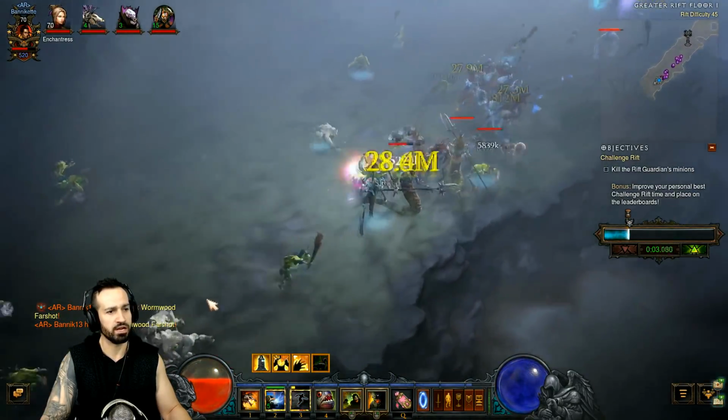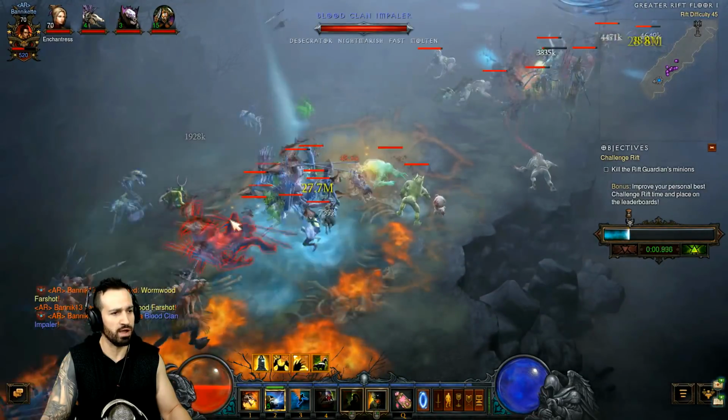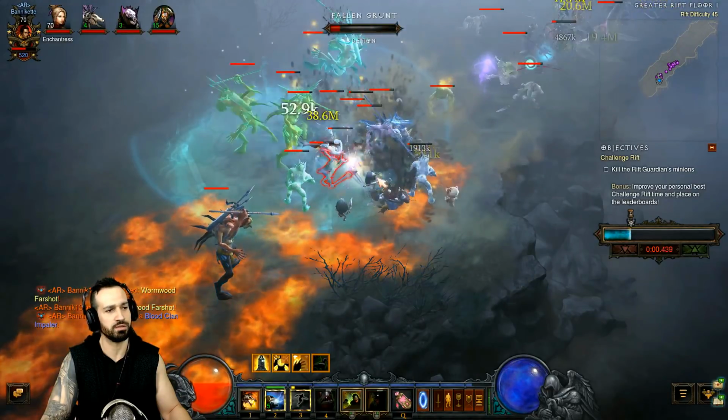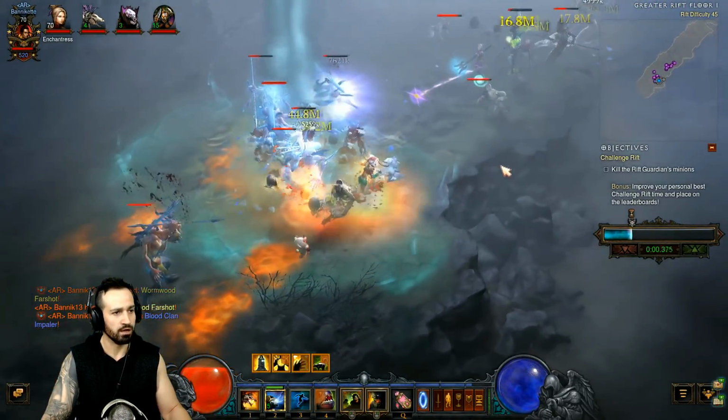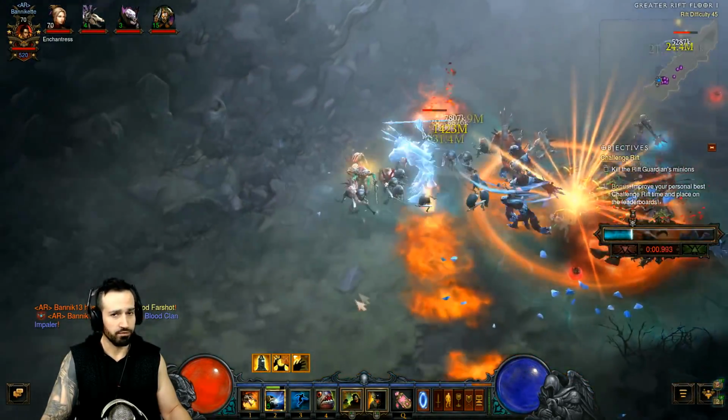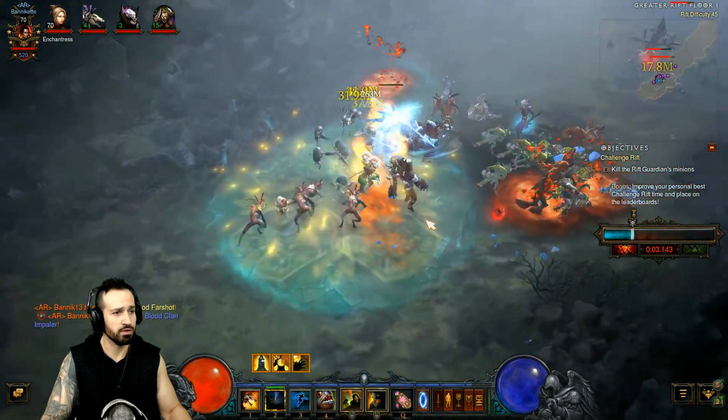So the timer that you can actually see, this is probably my 3rd run in this challenge rift, and I've just realised the perfect combination to use the pylons on floor 2, so I'm going to do one more run, get a pretty decent time, just for the sole intention of showing you all how to do it,